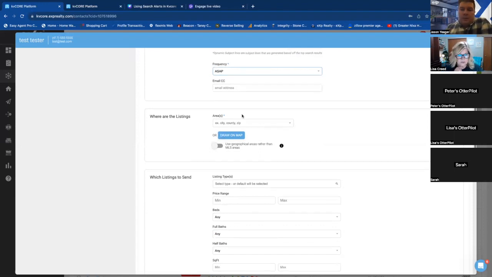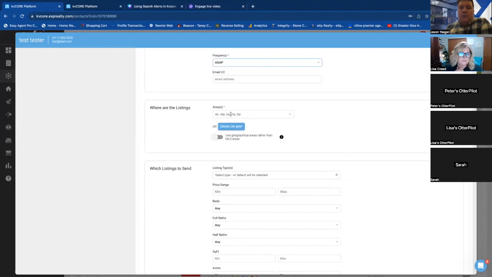Search alerts here. For sellers, you can now go in, and besides just city, county and zip code, you can also type in a subdivision if it's been included, pushed over from your MLS. Now, there are thousands and thousands of subdivisions, so not every single neighborhood is going to be included in there. But if it's one that is sought after, or definitely one that you want to farm a bunch,